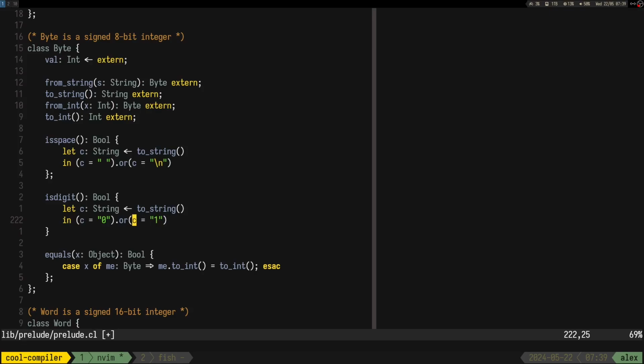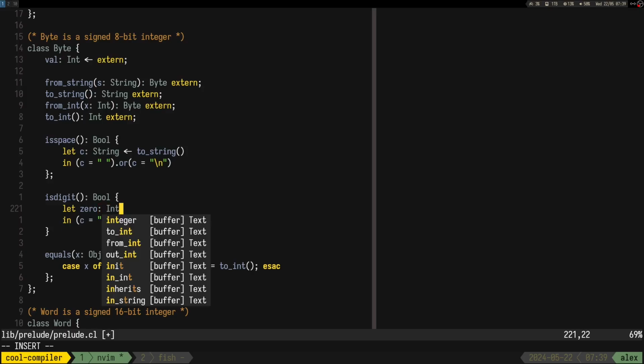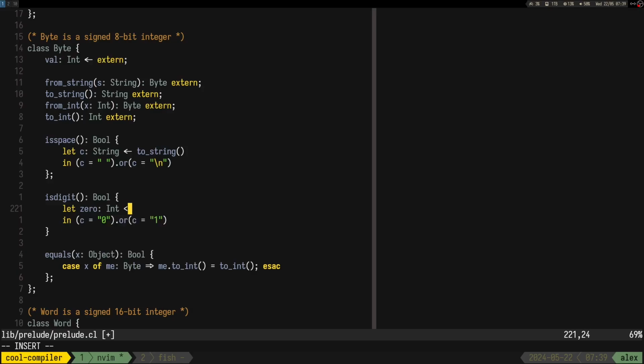I'm not even going to think about it. I could do the one with less than or something like that, but why not? So it's going to be 0 is a byte, it's an int, I guess.